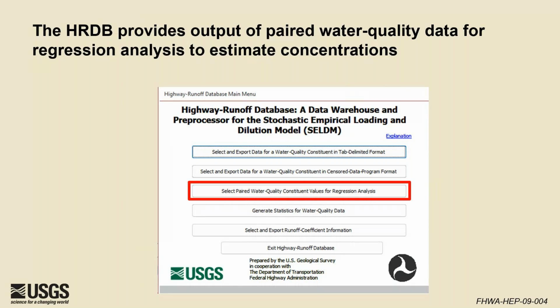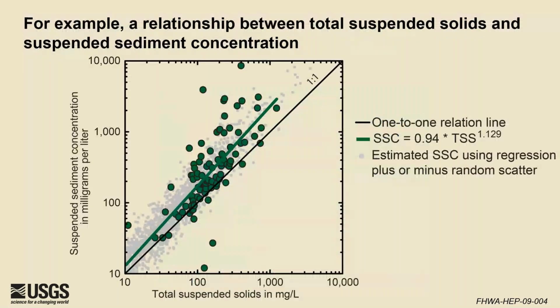All right, so we'll hit on one other example of using the highway runoff database. So for this, we'll look at the paired water quality option. The highway runoff database provides output of paired water quality data for regression analysis. And this could be helpful to leverage large data sets of common constituents in order to get estimated values for a constituent that we might have much fewer data points for. So one example of this,